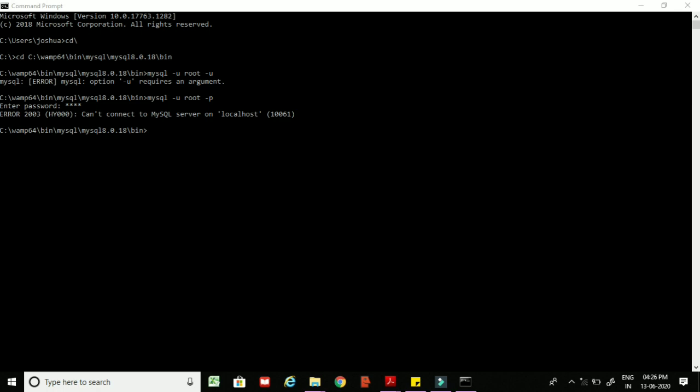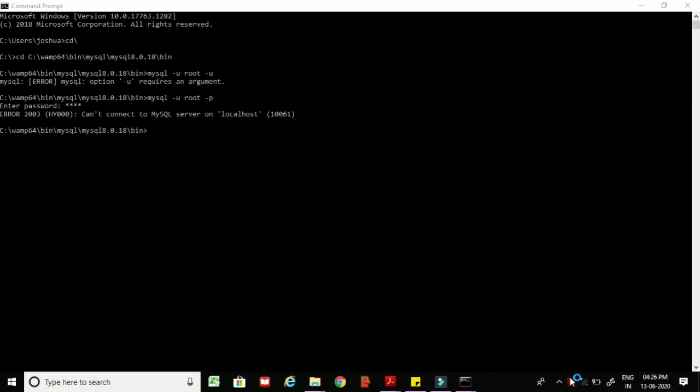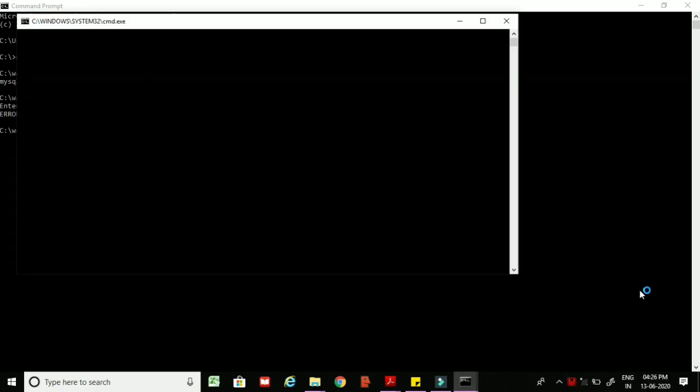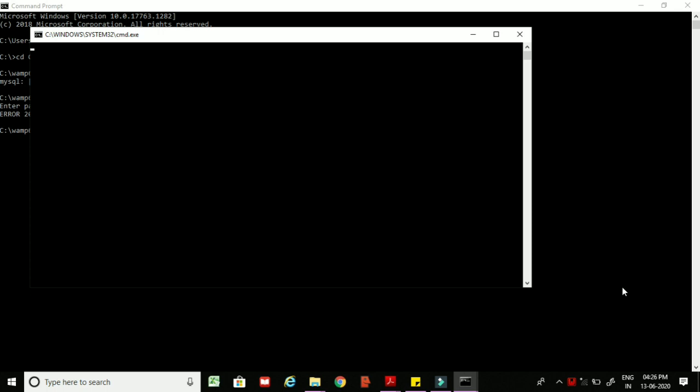Now it is going to ask me whether I have to start this or not. Yes, when I click on yes, the WAMP server will be starting. You can check it out here, where the WAMP server is going to start within a second. See here, now red color, now it will be changing into slight yellow color, and later on it will again change into green color. It will take 3 to 4 seconds to complete the process.